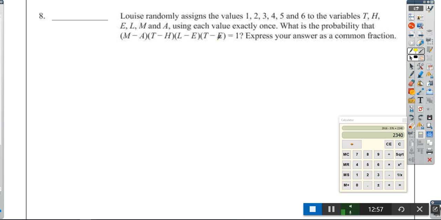Now, as you pointed out, a negative times a negative is a positive, so it wouldn't matter. But a negative times a positive times a positive times a positive is a negative. So that means we have to have either all positives or all negatives, or 2 negatives and 2 positives, or 4 negatives and no positives. So those are the ones that will work, and you'll notice that's half the different combinations of positives and negatives that we